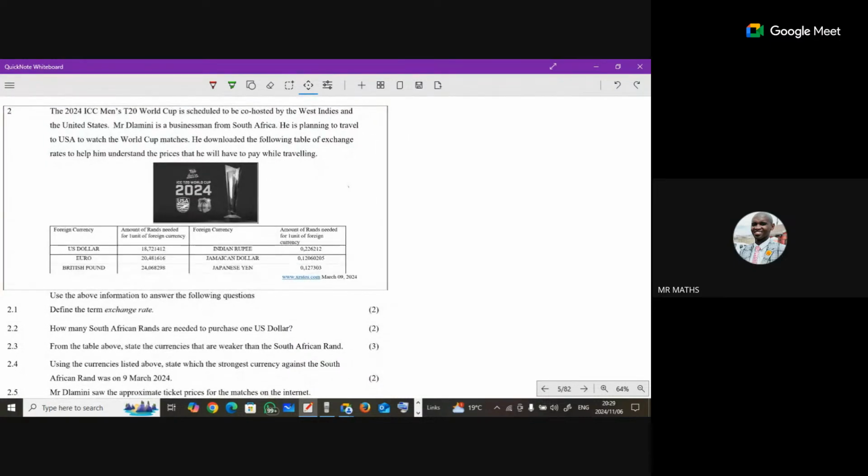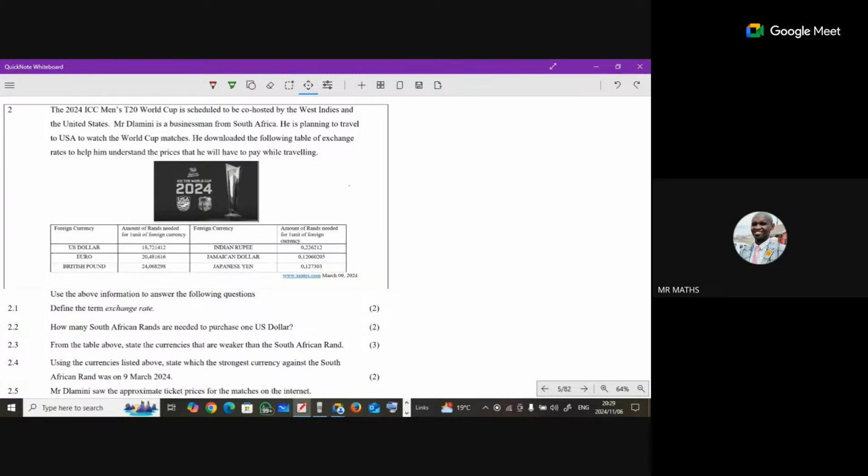Now, question 2. The 2024 ICC Men's T20 World Cup is scheduled to be co-hosted by the West Indies and the United States. Mr. Dlamini is a businessman from South Africa. He is planning to travel to the USA to watch the World Cup matches. He downloaded the following table of exchange rates to help him understand the prices that he will have to pay while traveling. Okay, now this is the table